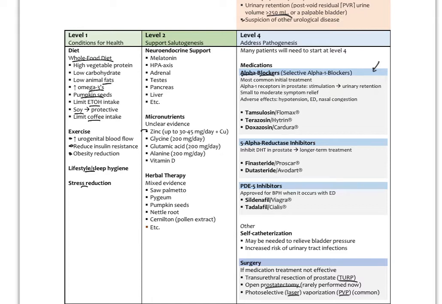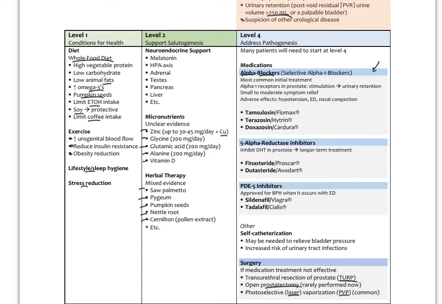And we have to be sure to add maybe a couple of milligrams of copper if that's taken for more than 6 weeks. Glycine, 200 milligrams a day. Glutamic acid, 200 milligrams a day. And alanine, these are 3 amino acids that are commonly used for BPH. And then vitamin D. Herbal therapy, there's mixed evidence for saw palmetto, pygeum, pumpkin seeds, nettle root, cernilton, which is